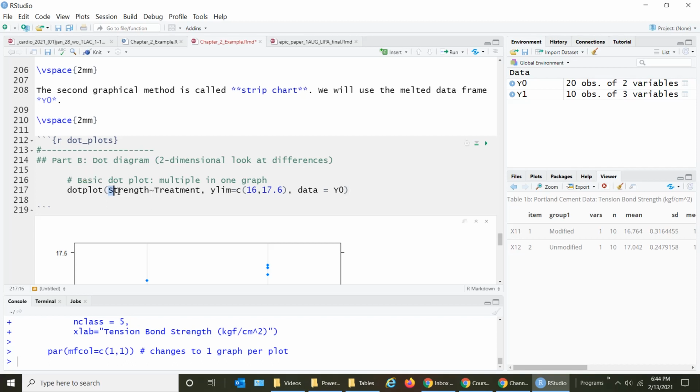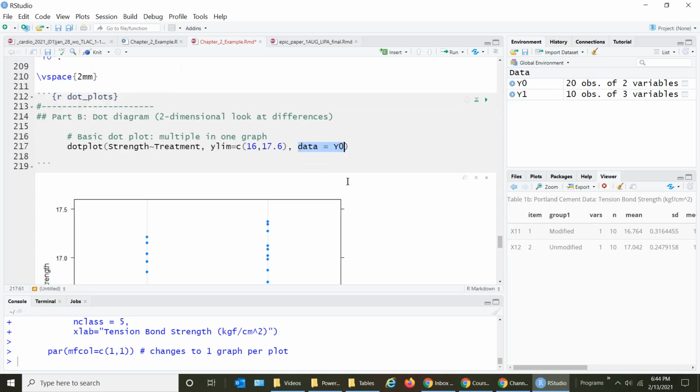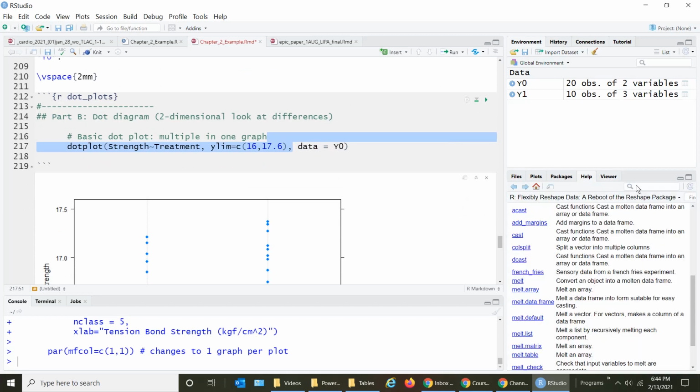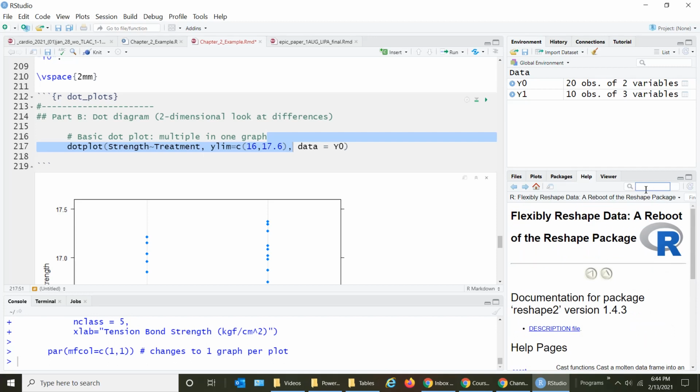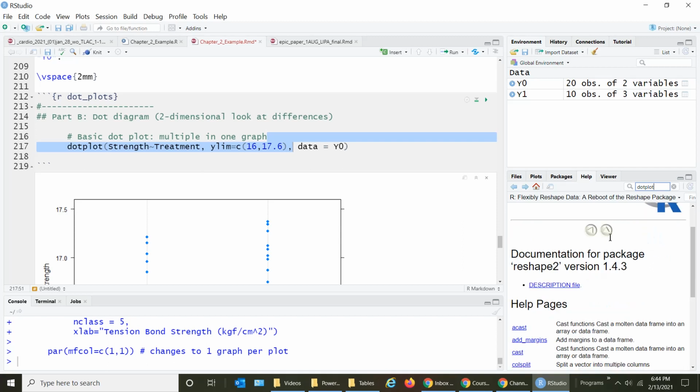And so again, I've done strength by treatment, and then I've put in the Y limits. Again, that's an optional thing. And then I had to specify which data. Anytime you want to know about one of these functions, come over here and up in the top. So up here in the very top, type in dot plot, and this does not have a capital P. See, the first one has a capital P. The one I'm using does not. Click the right one, and